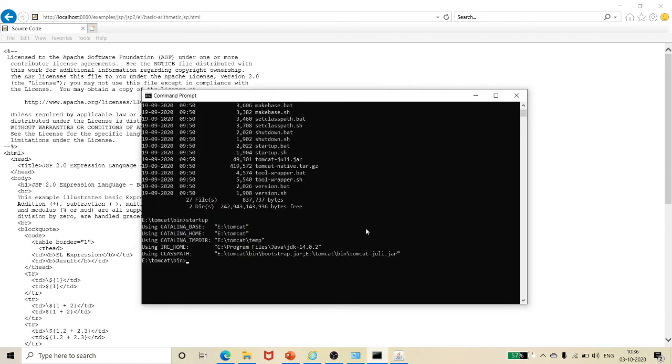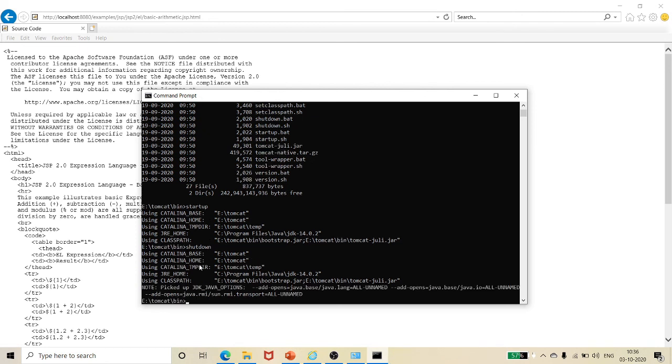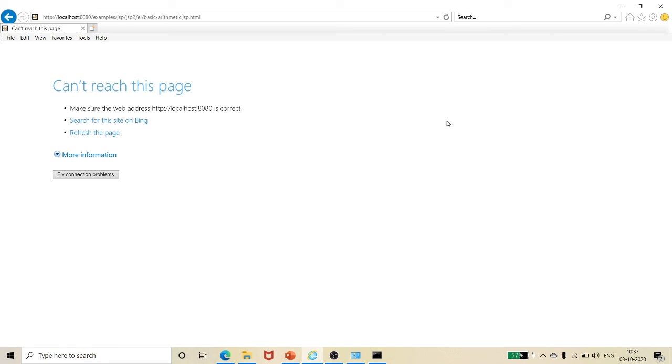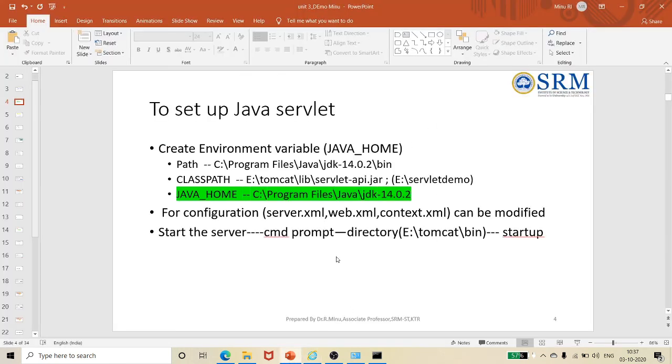Now this is a very important thing. After completing your work with the servlet, if you want your system to work for a long period of time, it is very good practice that after finishing everything, you shut down your server. After starting up, when your work is completed, give the shutdown command and the server will be properly shut down. Here, again give a refresh and see. It won't work because I have stopped my server. So in this way you can install your Java servlet.